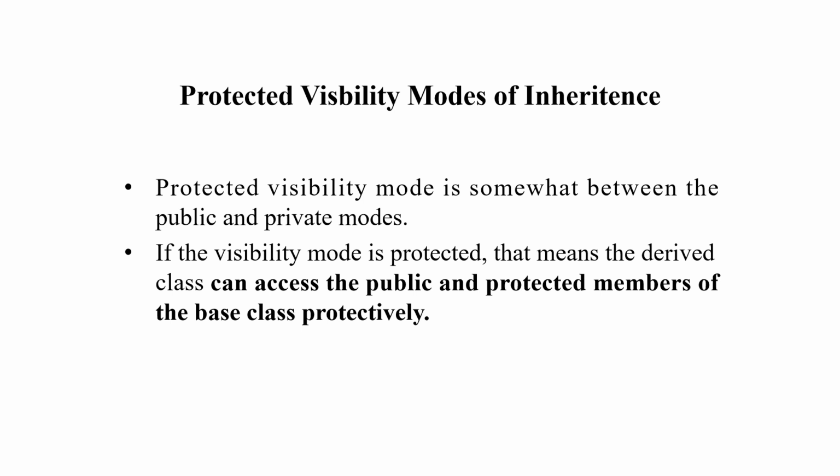Protected visibility mode falls somewhere in between. It's like having a neighborhood watch. Only those within a certain group can access the shared resources. The derived class and its subclasses can freely access the protected members of the base class, but outsiders are kept at bay. So when it comes to privacy, public visibility mode,